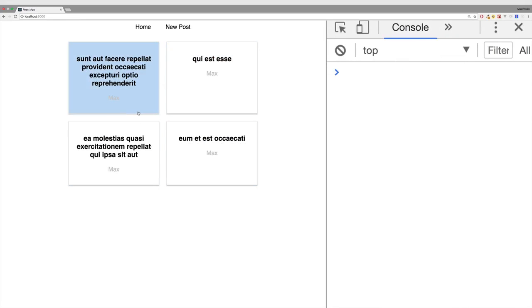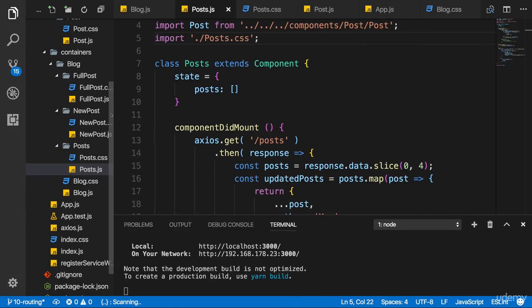And if that was too fast, obviously feel free to download this. It was just some restructuring, turning our components into containers and adding the new posts container. Now we got different components, containers, which we can use as pages in our app because we want to load either all posts or a single post or the new post page, now we need routing to load only one of them.